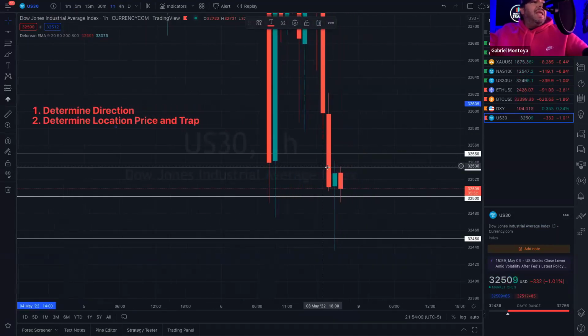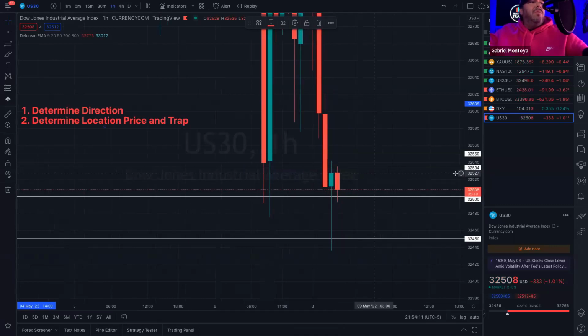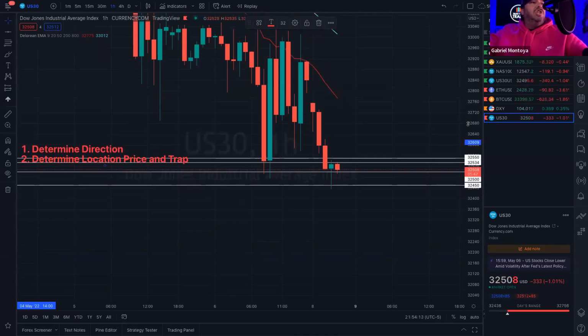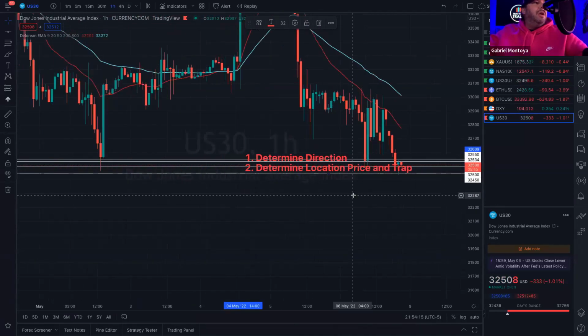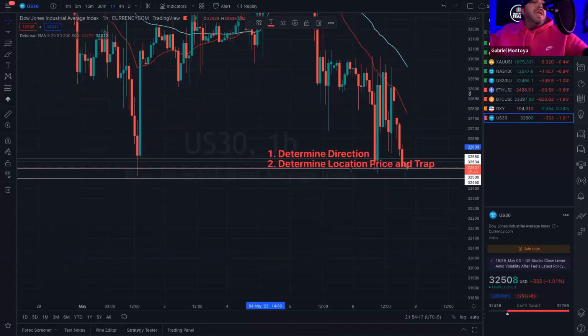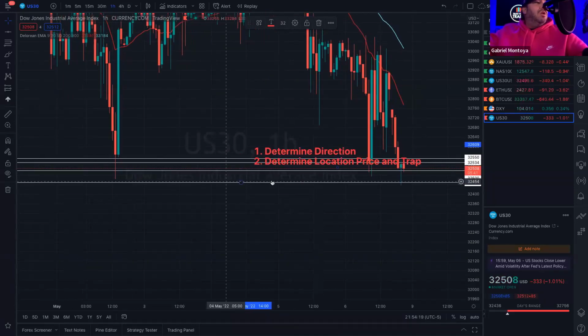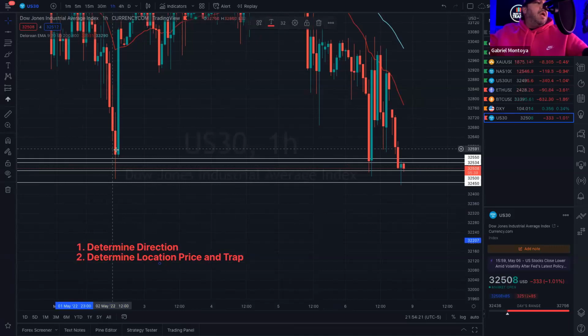And I really look at where she's been, what she's really looking at on a bigger scale. So as you guys can see here, let me get this out of the way. This is a big area that she literally just broke. Look, she came here, had all this here, came all the way up here. Then she came back down and look, she broke and closed below. Which tells us that she's most likely going to continue to drop.